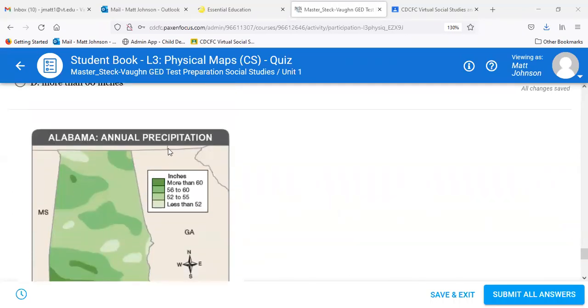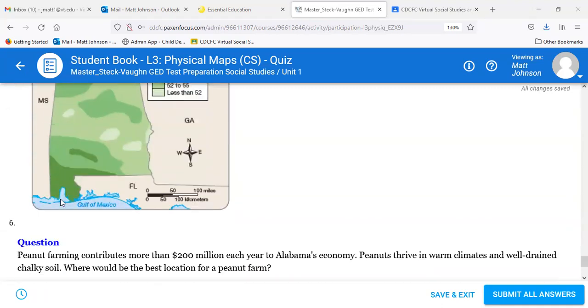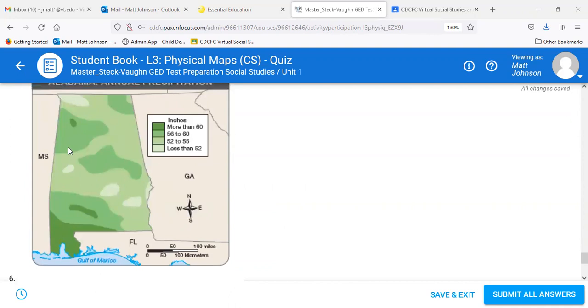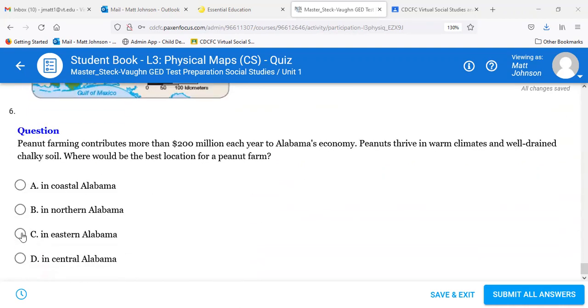Northern, you start running into a little more heavy rain up here. And what was our other one? Central, same thing, right? You get this area and you get a lot of heavy rainfall. But from about right here up, you get more spots of the lighter rainfall. So that's going to be C, eastern Alabama, right? So that should be our 6. Yep,